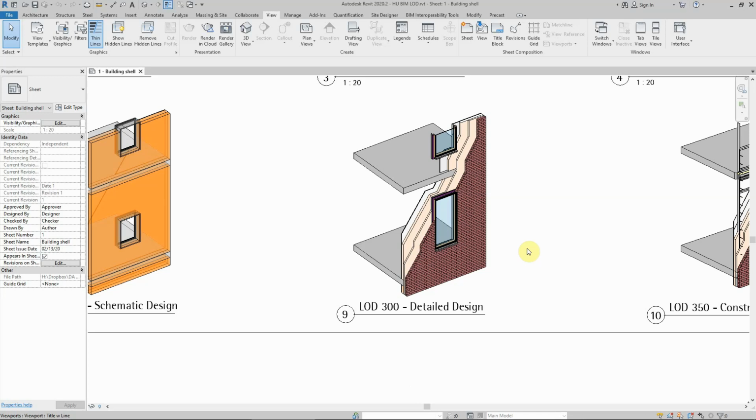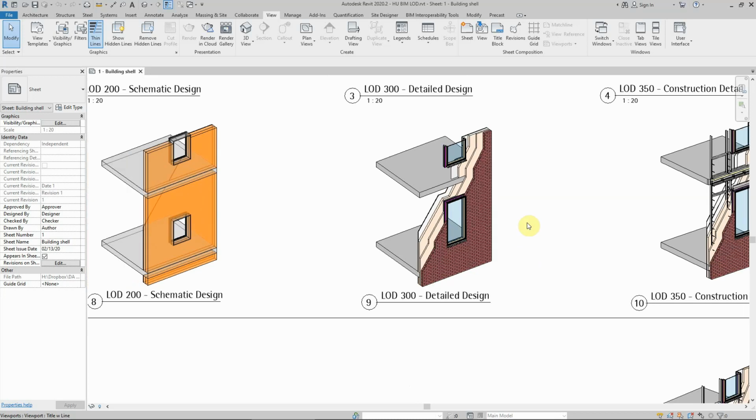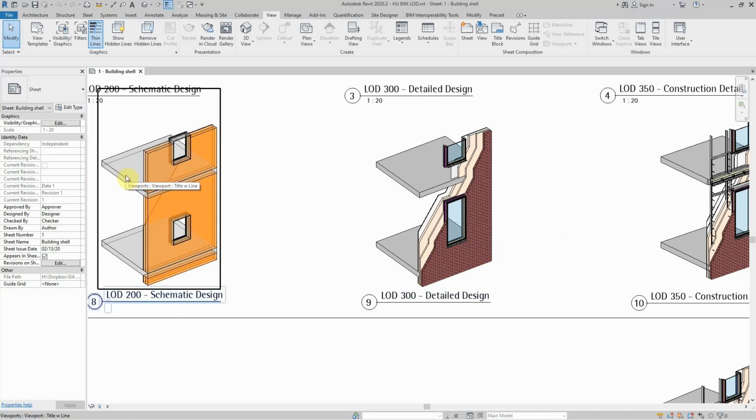At the LOD 300 stage, we begin to add non-geometric information to the model. So we've specified the type of brick that we are going to use, the window frame, the color, the finish, material probably of this window frame, and the type of glass. Not to say that we are not adding non-geometric information to the rest of the model. This has the area information. The floor plates here, for instance, have the area information added to this model, and this, for instance, has some information that can be used to calculate how much light goes into the space.